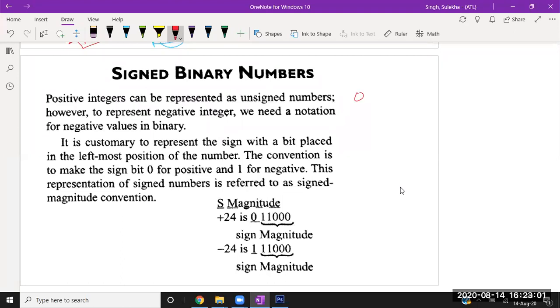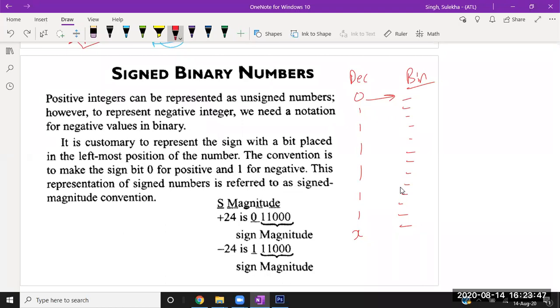If I say any decimal number, you can represent that number in binary form with a positive sign, with its corresponding binary number. But if I say a negative number, you are not yet able to represent it. So for representing any negative number in the binary number system,